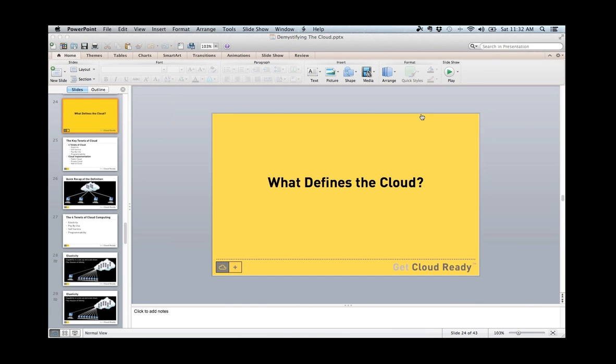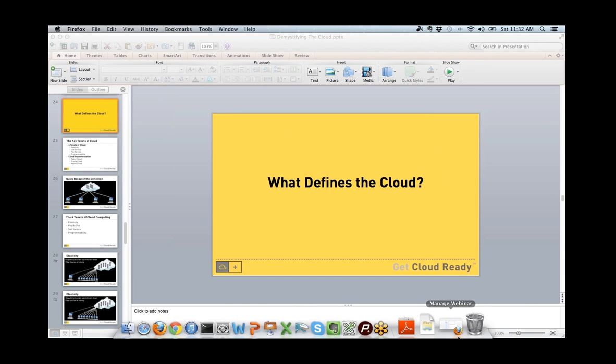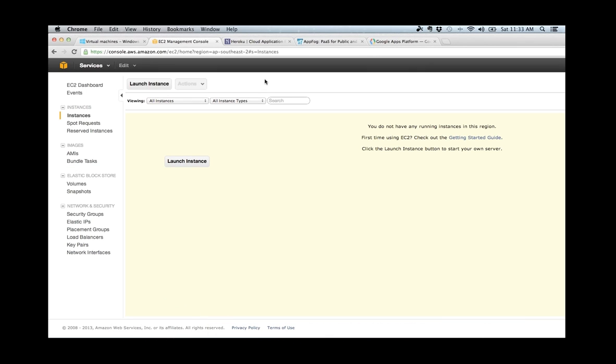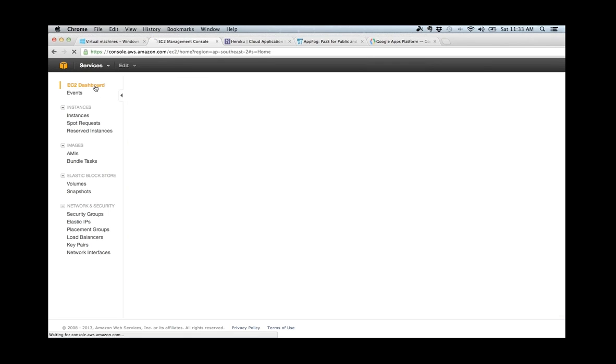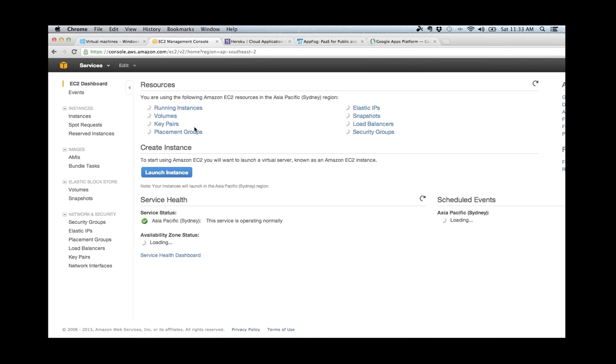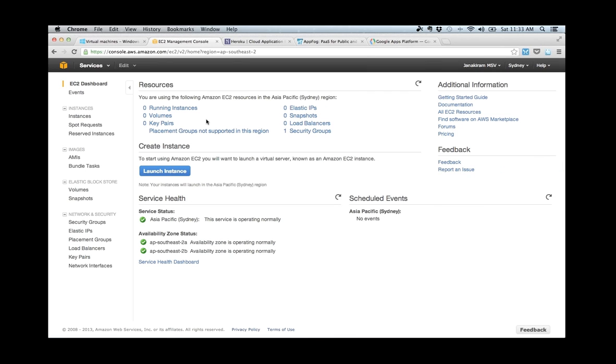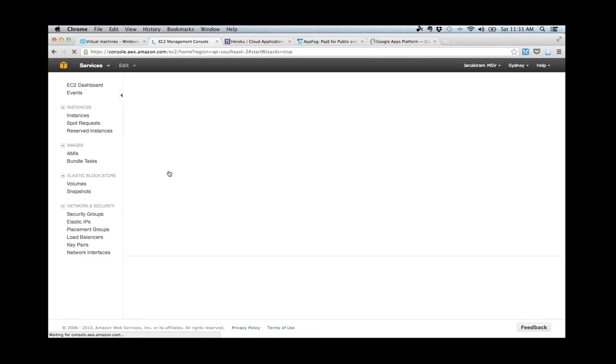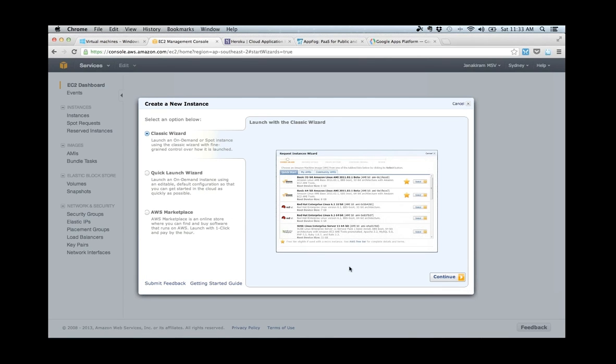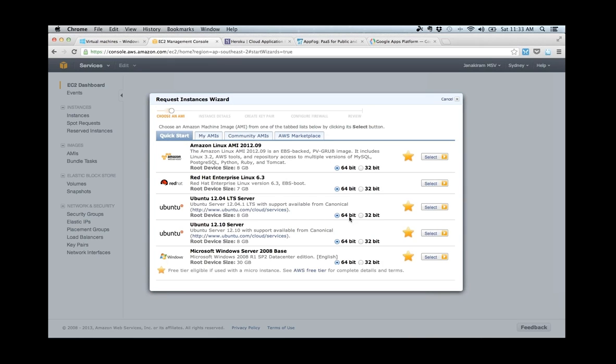Now, I want to take a quick pause and show you some live examples of infrastructure as a service, platform as a service, and software as a service offerings. So here, let me start with one of the popular infrastructure as a service offerings called Amazon Web Services. Let's say my whole objective is to launch an Ubuntu server and install WordPress on it. All I need to do is click on launch instance. And when I click on launch instance, this is going to show me a wizard, which is going to walk me through a set of steps.